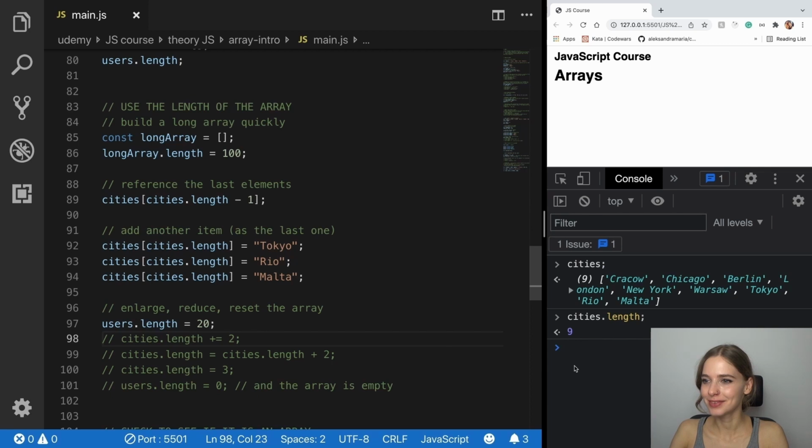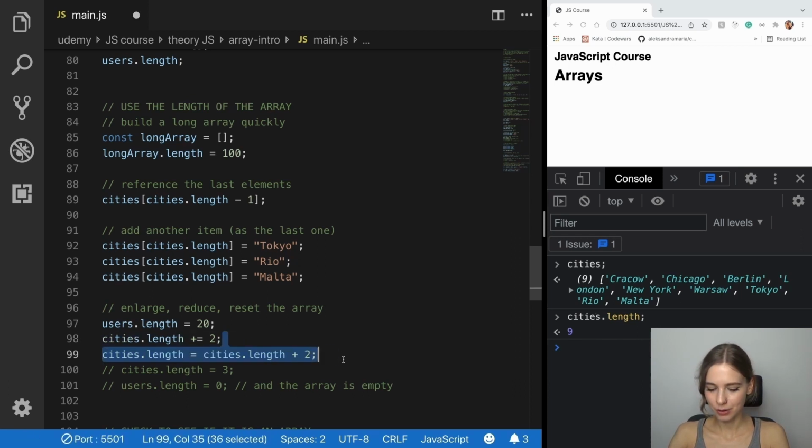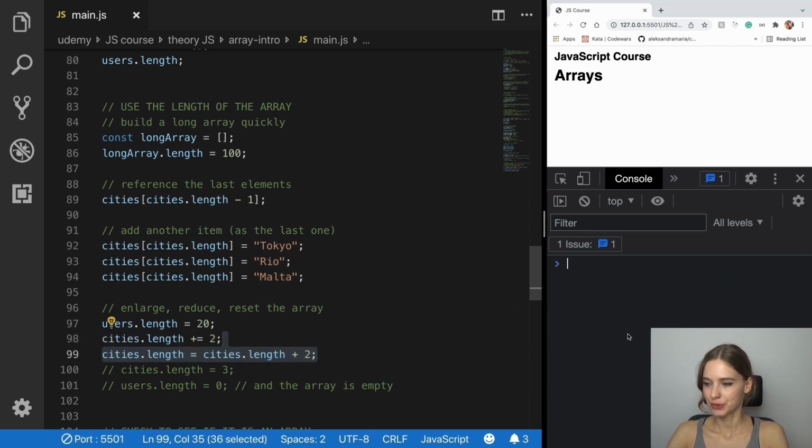We had 11 because I did cities length. I've uncommented this twice, and before the program has updated, I already had 11 here, and then I got confused why we had 9, and then suddenly it added 4 empty spaces, but it's because I've uncommented those 2 here. So now,